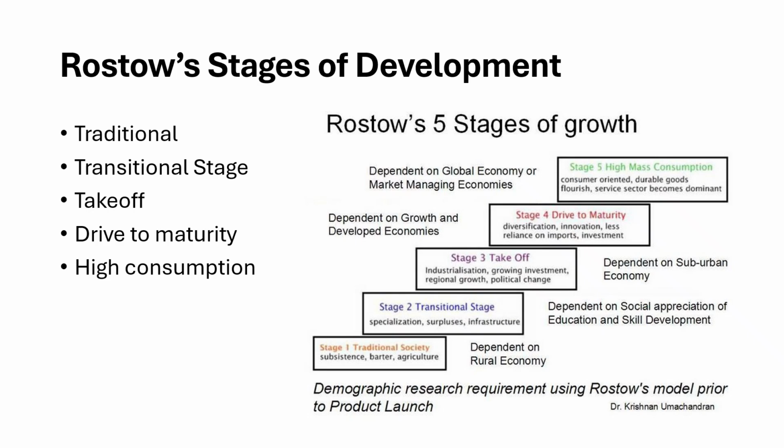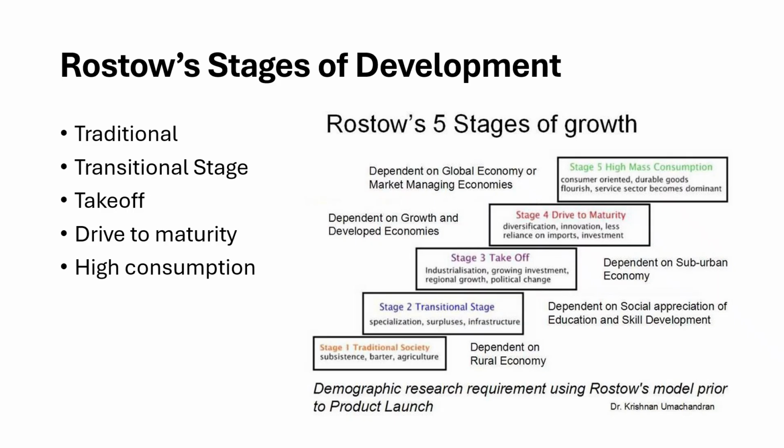Not only do we look at the Human Development Index to determine the level of development for a country, we can also look at Rostow's stages of development. There are 5 stages in this model. Stage 1 is a traditional society, which is very dependent on a rural economy of agriculture. Stage 2 is a transitional stage that includes social appreciation of education and skill development. Countries are starting to sell some of their surpluses in agriculture to create infrastructure and begin specializing in small manufacturing,